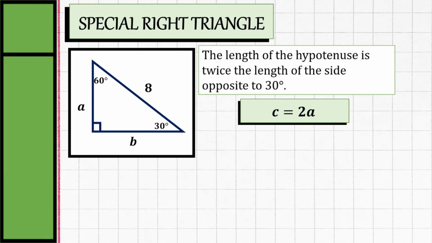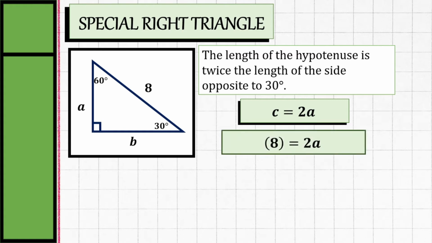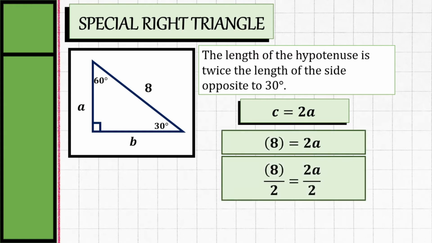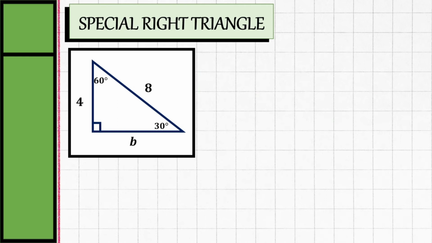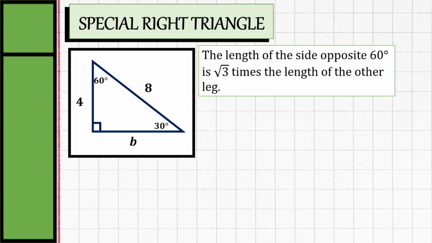So let's substitute our given. We will have 8 is equal to 2a. Let's divide both sides by 2 to isolate a. So a is equal to 4. Now that we have our shortest side, which is 4, we can now solve for the measurement of the side